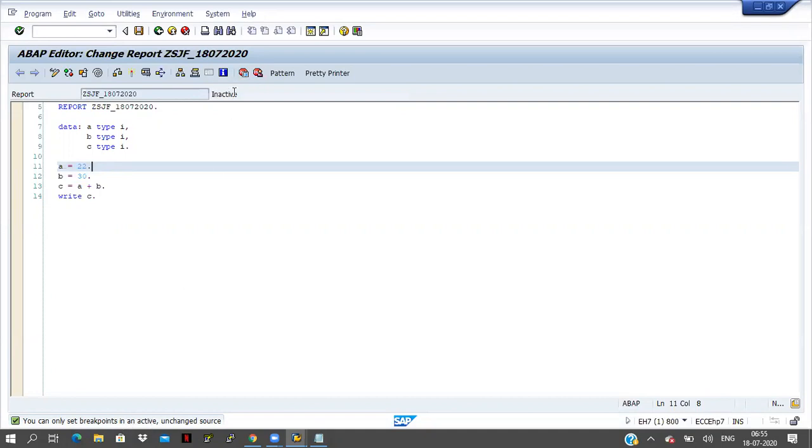The program is in inactive mode, but if you want to keep any breakpoint, that is possible only in active mode. Now activate the program. Okay, it is active. So once again, I'm keeping the cursor on the 11th line and clicking on the breakpoint. So here, the breakpoint came.